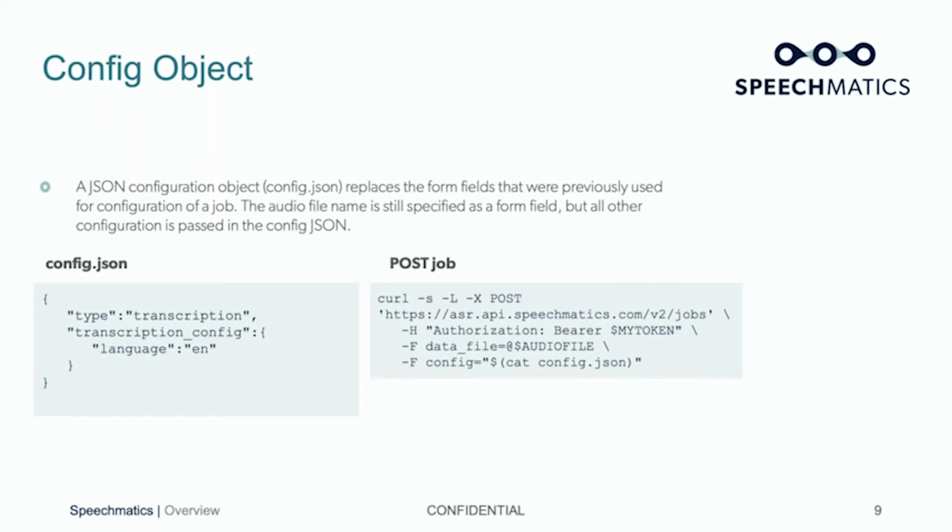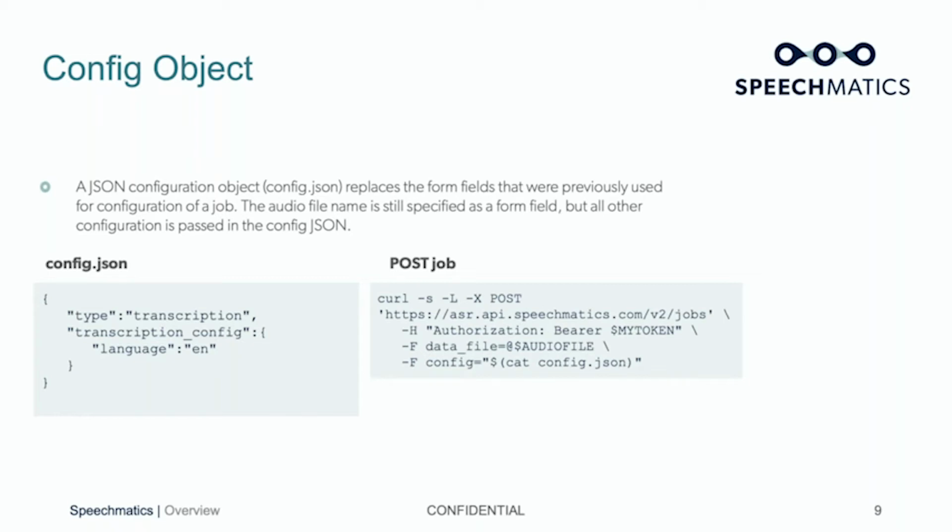They can bundle it up in the config object and then submit it as part of that, which is easier than using form fields. So as we develop more and more features and functionality, make it available through the API, it will be extensible through this config object. A really important thing to highlight here is that if you are an on-premise customer and a cloud customer,